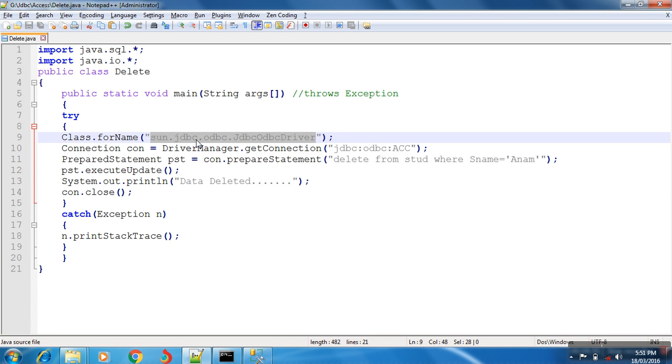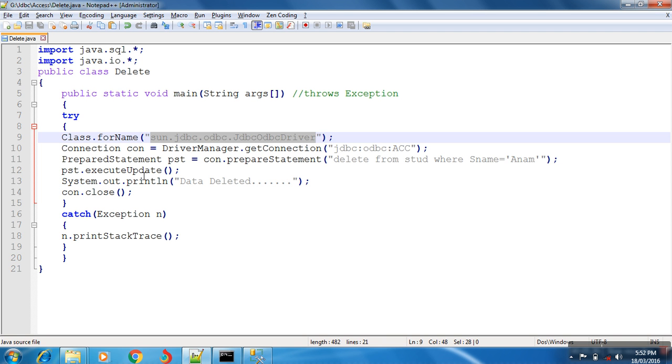If you are using a MySQL database, that time your driver will change; you can use com.mysql here. And if you are using an Oracle database, you have to define the same driver, sun.jdbc.odbc. Suppose you are using an Access database or an SQL database, you have to declare the same driver name.